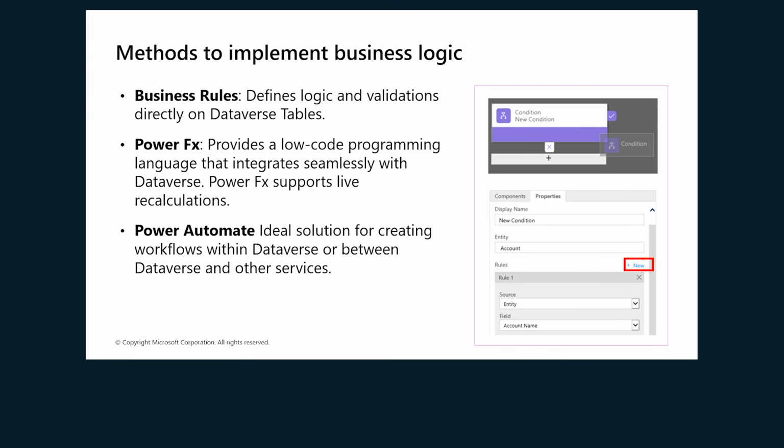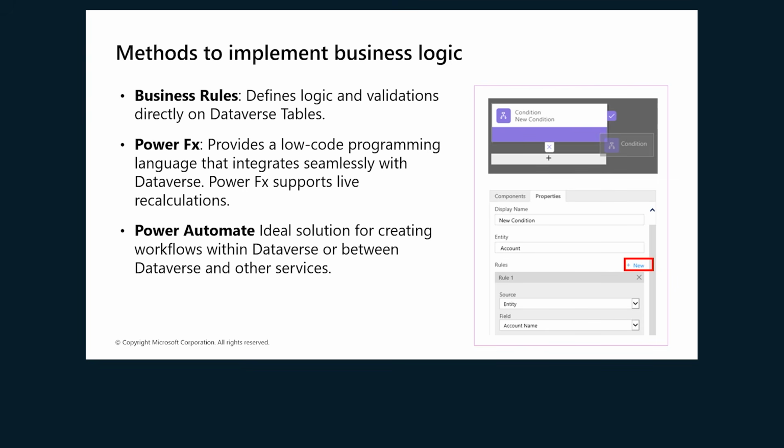Here are 3 powerful approaches for managing logic within Microsoft Dataverse: business rules, Power Fx, and Power Automate. Each method serves a distinct purpose and offers varying levels of complexity and flexibility depending on the business scenario. Business rules are a no-code solution that allows users to define logic directly on Dataverse tables. These rules can set column values, enforce validations, and display error messages, ensuring consistent behavior across both Canvas and model-driven